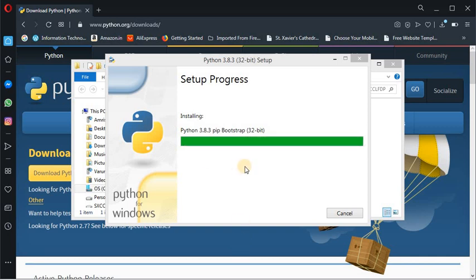Now our installation process has been completed. The setup is about to finish.